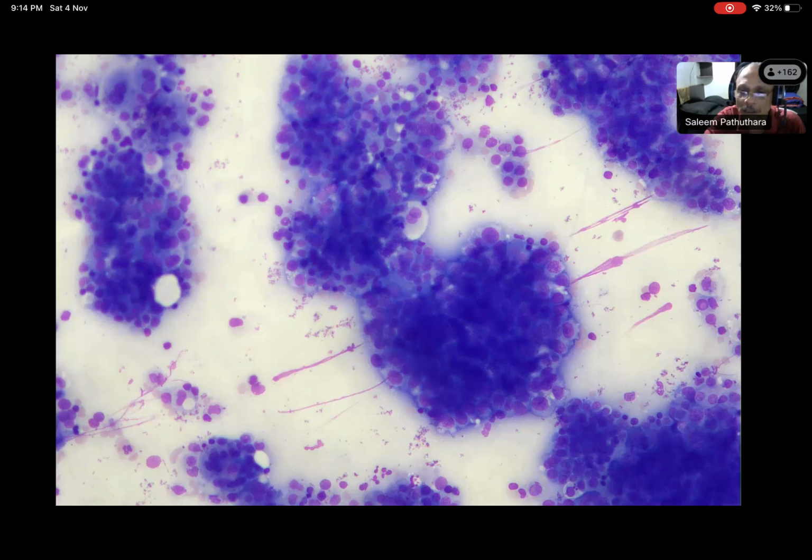Okay, now this is the Giemsa. Here you can appreciate the cell clusters with morphology and a haphazard arrangement. Here it is also very clear compared to the previous Giemsa. Which smear was better, the previous one or the later one? The later one is better. If you were depending on the previous one, could you have reported this case as adenocarcinoma? No, sir. So you would say at least suspicious, right? Here we can clearly make a diagnosis.